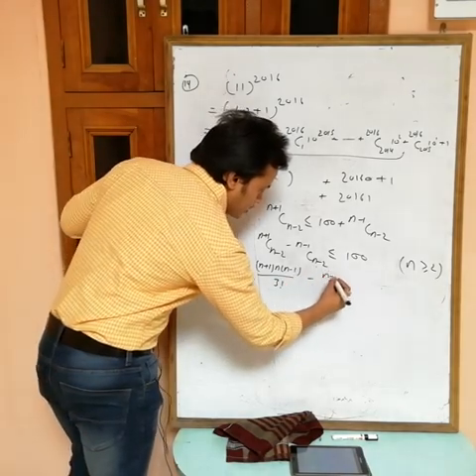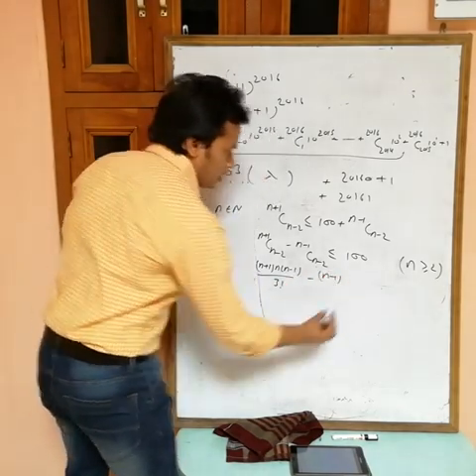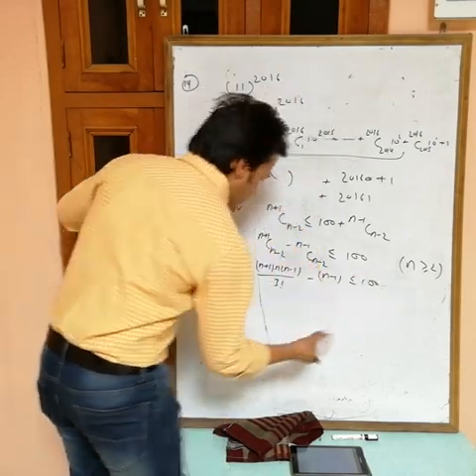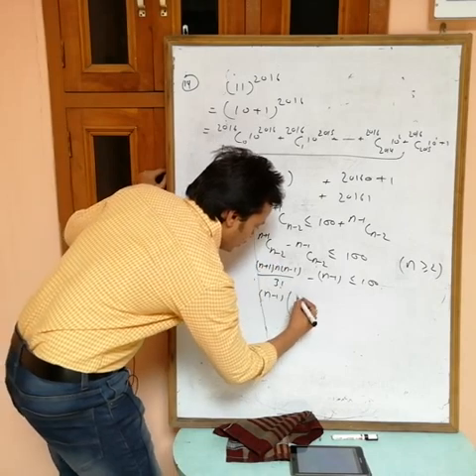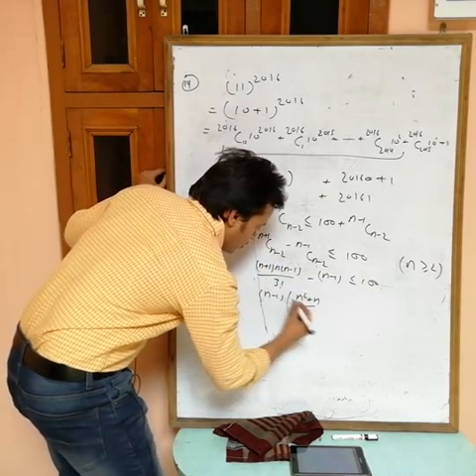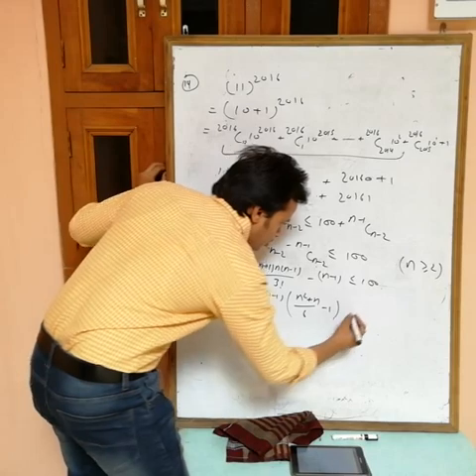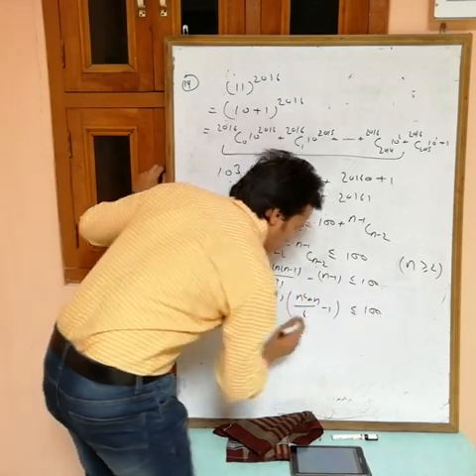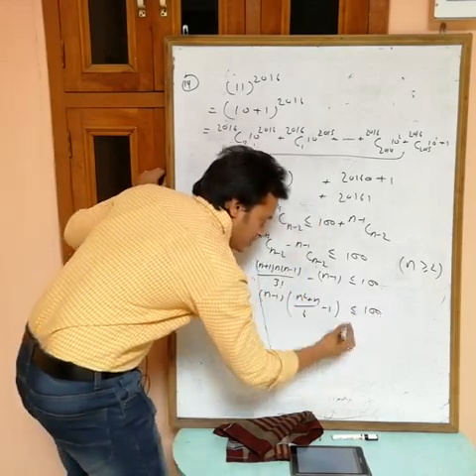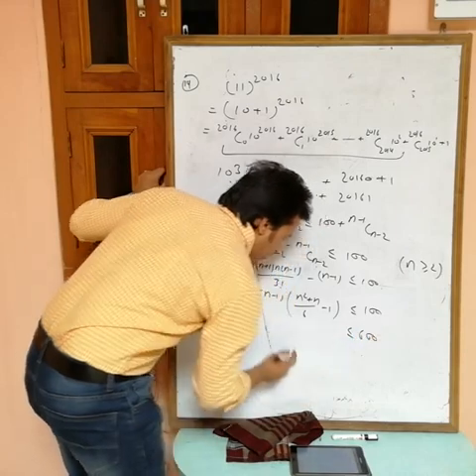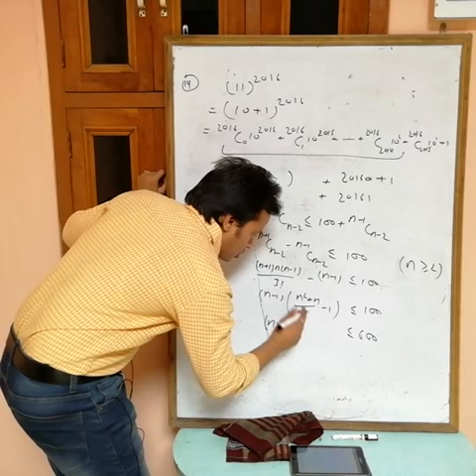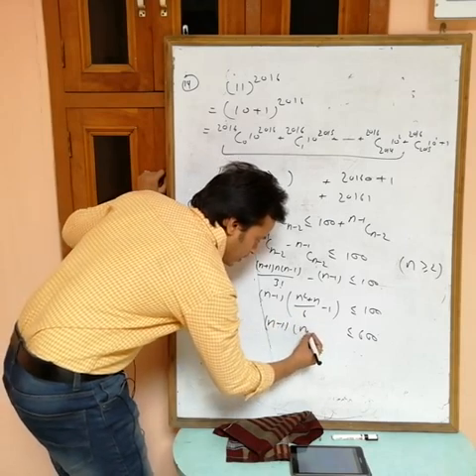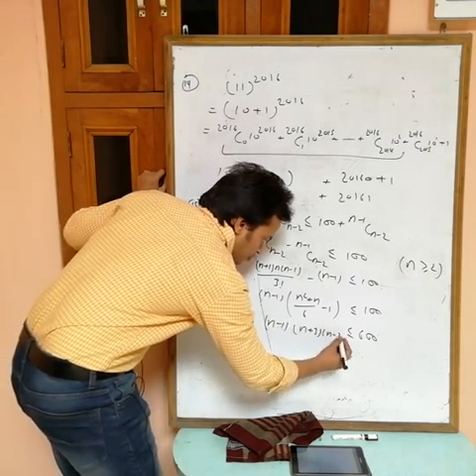Okay, now if you solve this one, this is n plus 1 into n minus 1 by 3 factorial, and this one is n minus 1, less than or equal to 100. If you take common n minus 1, then we are getting n plus 1 into n square plus n by 3 factorial, which is 6, minus 1, less than or equal to 100. Take LCM 6, multiply 6 on this side, 600. n square plus n minus 3 factorization, then n square plus n minus 3, you will get n plus 3 into n minus 2.